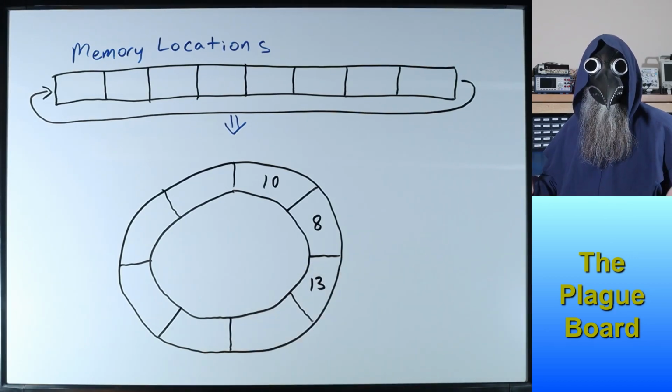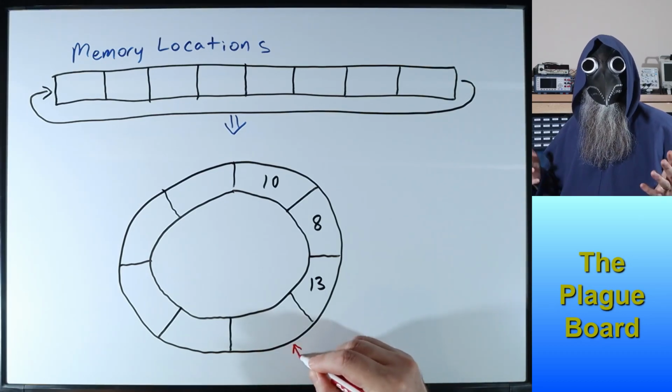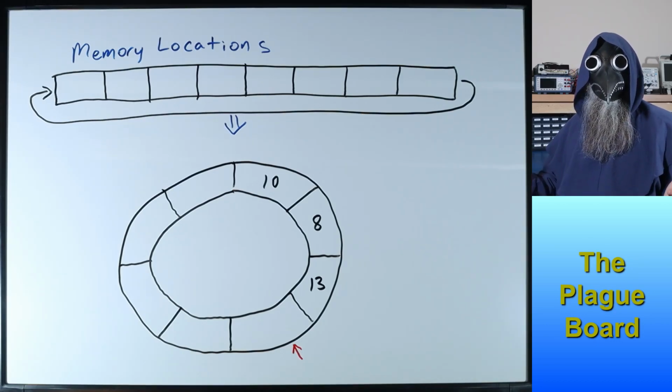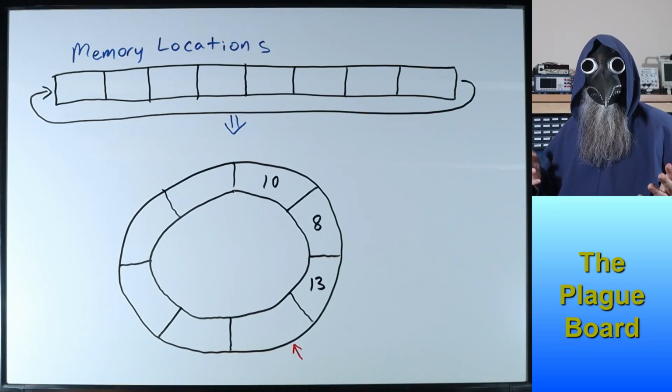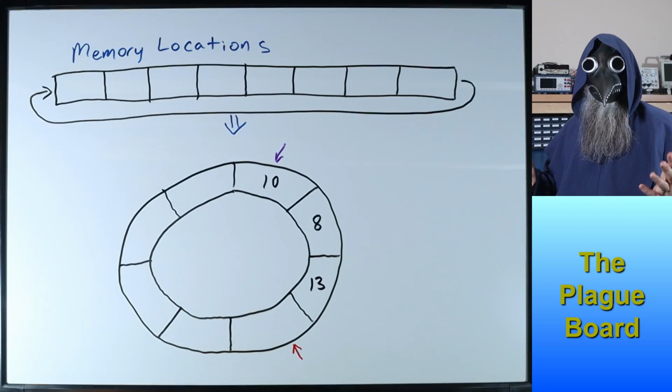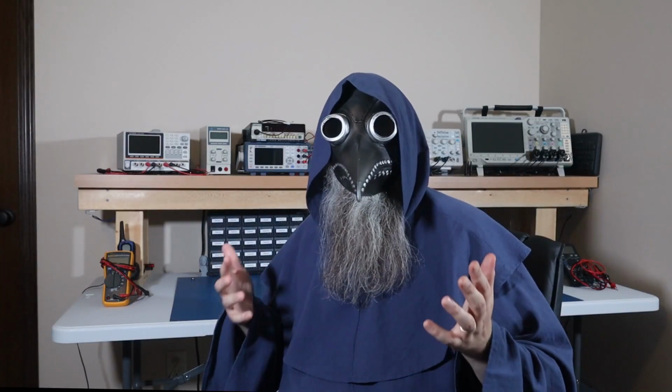There will usually be a couple data pointers or indexes associated with a circular buffer. One that points to the memory location where we are going to insert data, and one that points to the memory location where we are going to pull data out of the buffer. And since this is a first-in, first-out data structure, we'll point the index that reads the data to the first byte that was stored, right here. These indexes are commonly called the head and the tail. Now, I've seen circular buffers implemented 2 different ways.